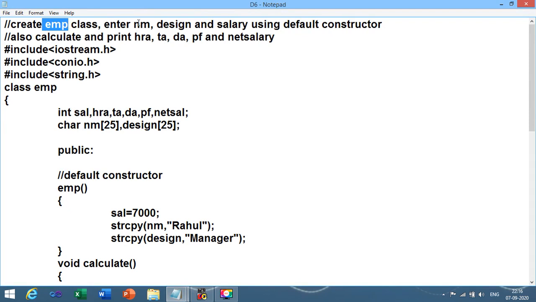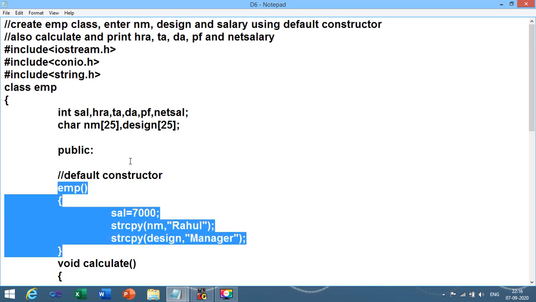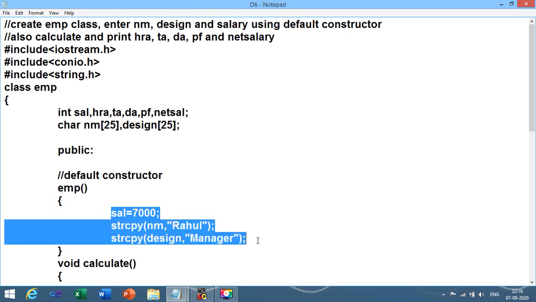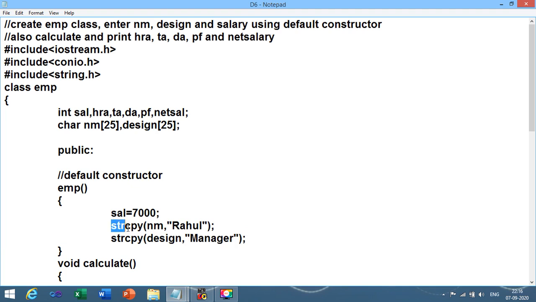We need to initialize the values of the name, designation and salary variables using the concept of default constructor. So inside the default constructor, as per our definition, I have initialized the values of the 3 variables: salary, name and designation. Now over here we have used the strcpy function.